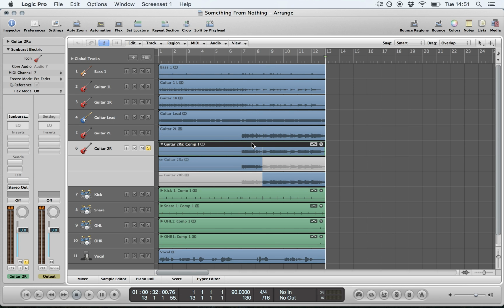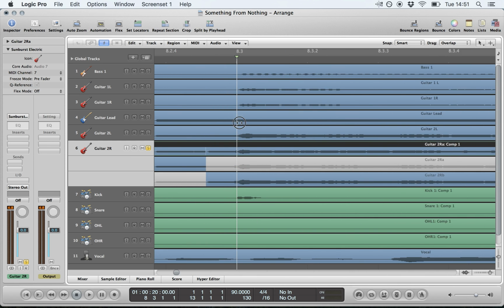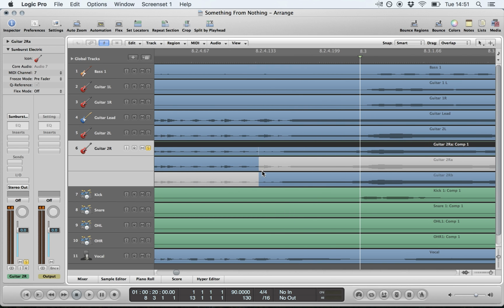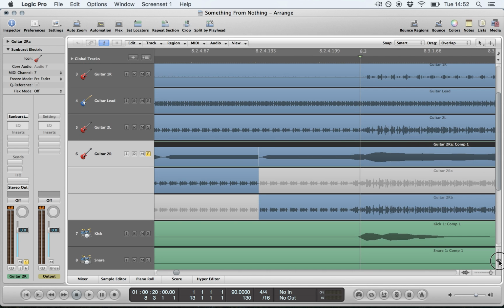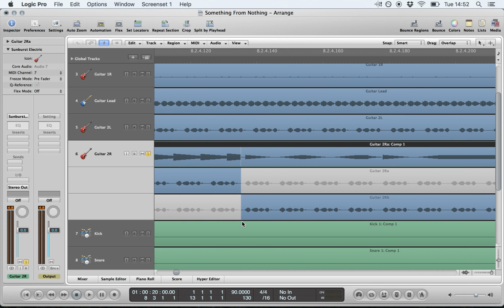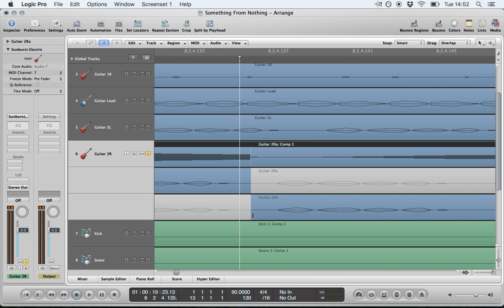The thing to note though is when you do swipe between takes is to ensure that you haven't swiped where there is what's called a zero crossing point. Now what you'll see is that if you zoom in closely enough, audio files will start to look like waveforms. So if I zoom in a little closer here, there you can see the waveforms. Now where this has been swiped, you can see with the two audio takes that there is no audio occurring